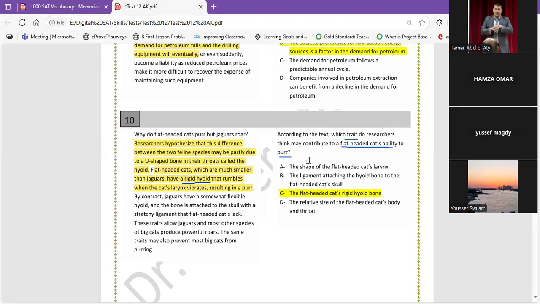عارفين الأغنية الجديدة بتاعت انغخ دي؟ حاجة عارفينها؟ الترند الجديد ده اللي كل ما الواحد يفتحه يلاقي انغخ والناس كلها عاملينه. Okay. So now we need to know what is the trait that will contribute to a flat-headed cat's ability